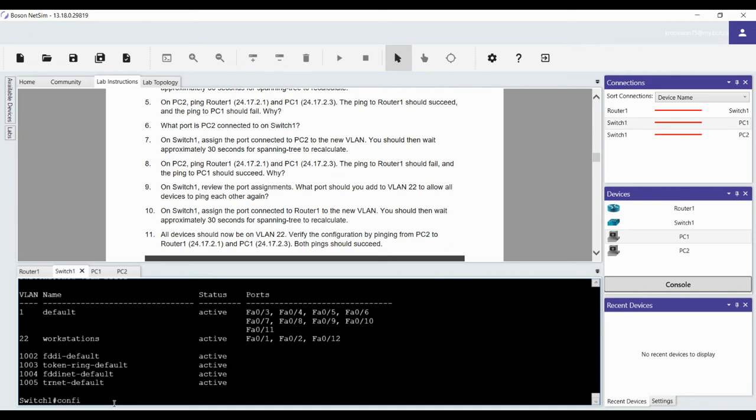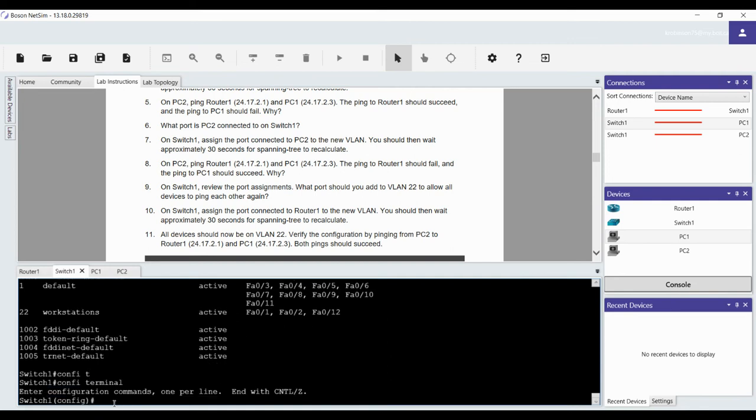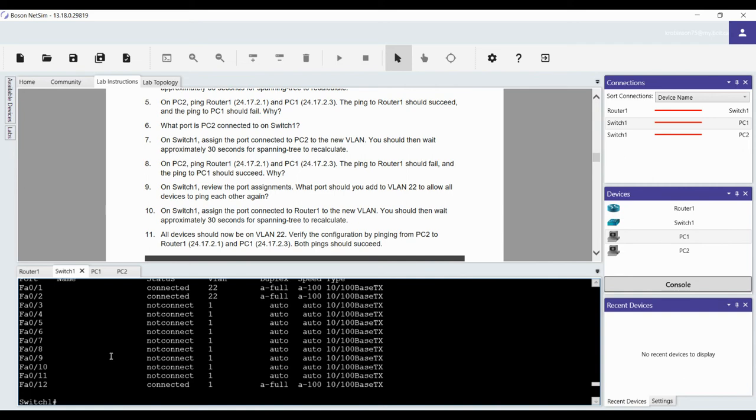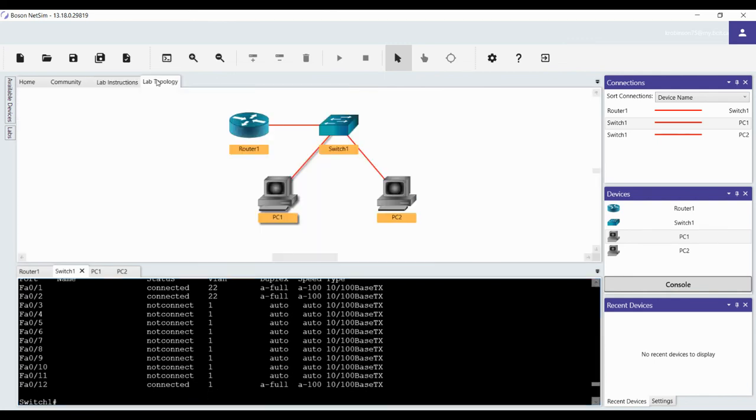That's conf t for short. Now that we're in here, it's saying assign the port for the VLAN. I already know from before that my interface FastEthernet 0/12 is up and connected, and that's connected to the router. So that's this guy here. Where you see my cursor, that's FastEthernet 0/12. So what we're going to do is add that to the